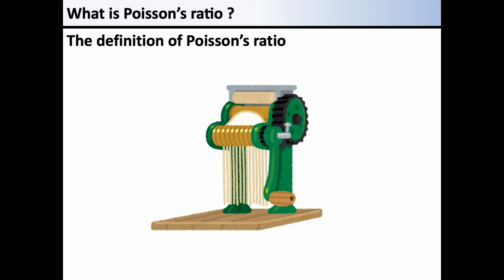If the Poisson's ratio is 0, it becomes a very simple story. Assuming that the material only stretches in the direction of the force applied and is not deformed toward its orthogonal direction, the calculation becomes much easier. However, as you can see in the example of noodles, if you pull the material vertically, it naturally becomes slimmer in the horizontal direction. The material becomes slimmer when pulled.